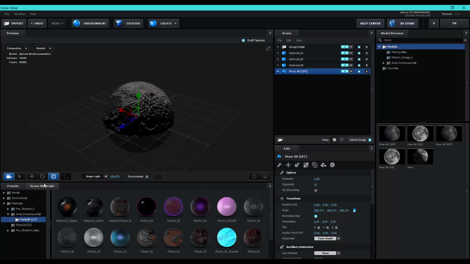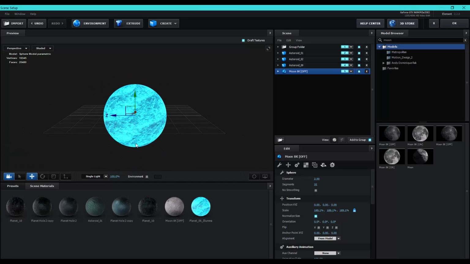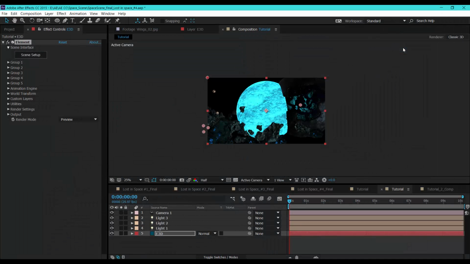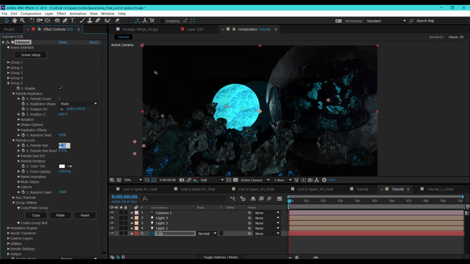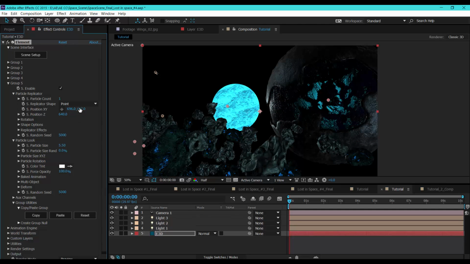So apply this one, let's hit OK and let's set this position back. So move this. Okay, 5.5 is looking better.